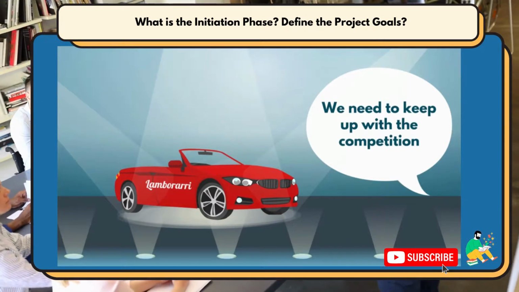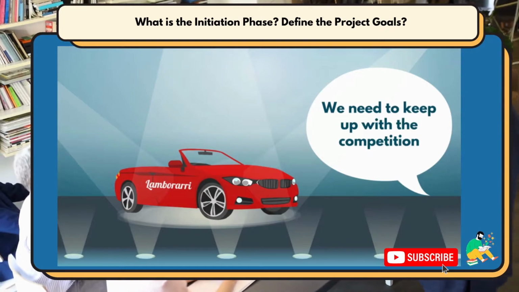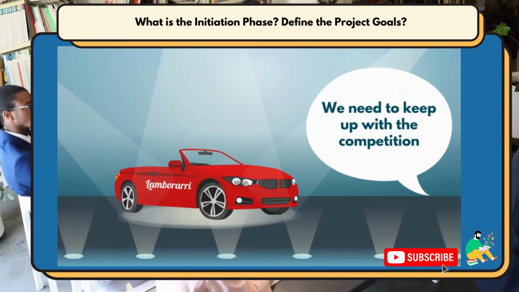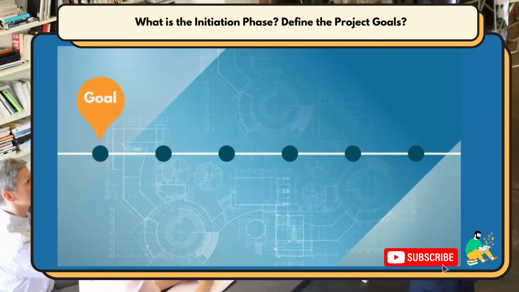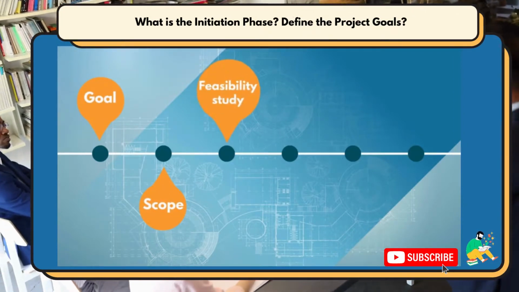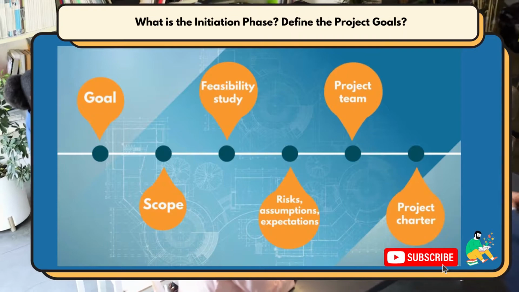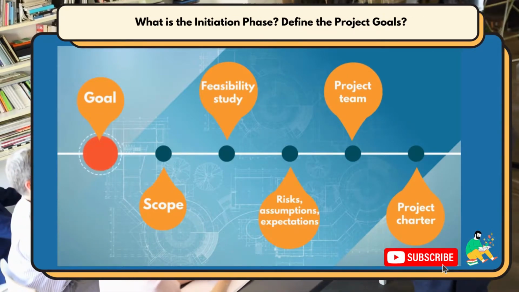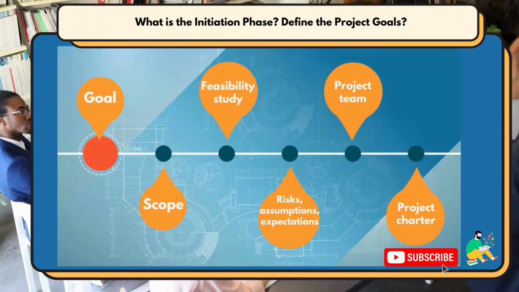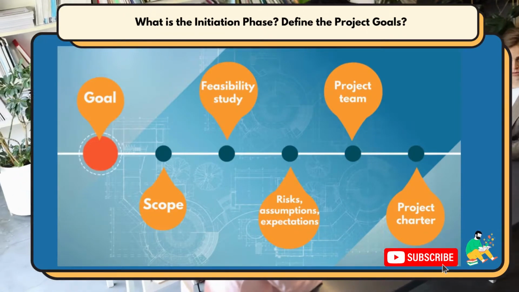Now, not every project survives the initiation phase, but they are all born from a need. Over the next few lessons, we will take you through 6 aspects of the initiation phase that a potential project must survive. In this lesson, we're going to look at how the goal of the project is defined, and how a clear, sensible objective is essential to having a project.